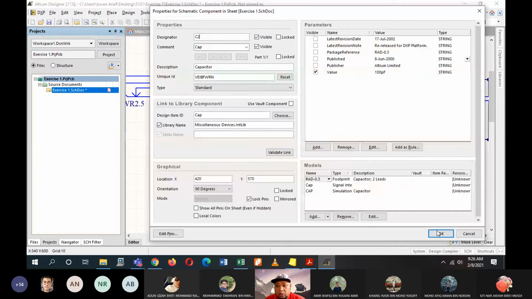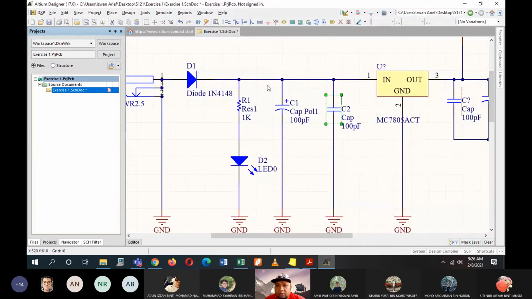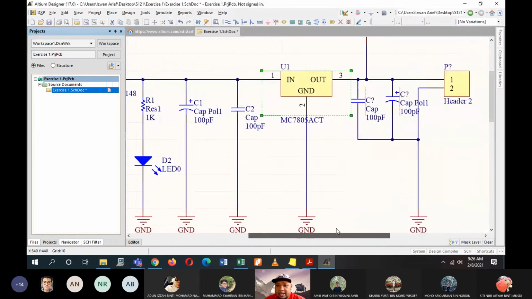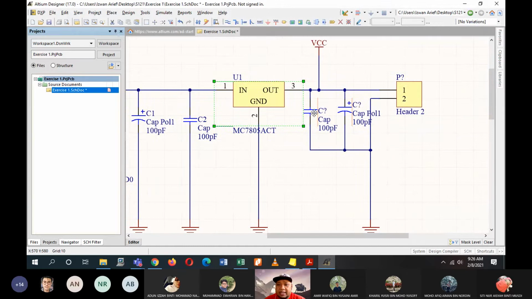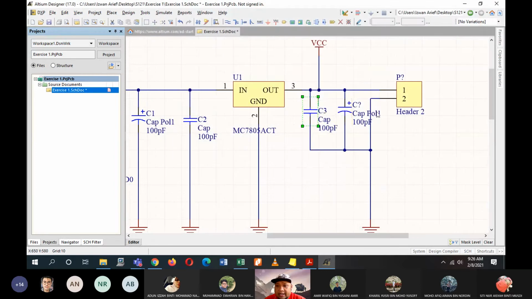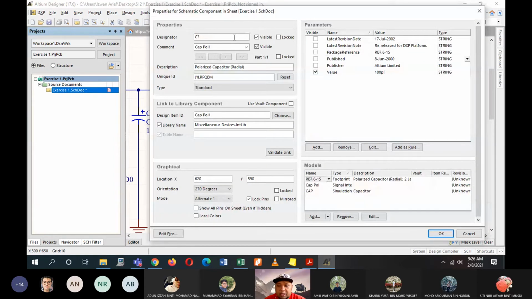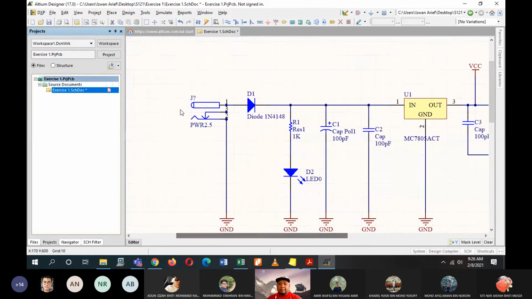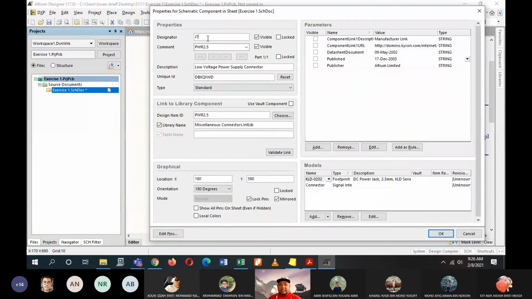Okay, C2, and then this is U1. You have to make a habit of this. Whenever you are designing any electronic circuit, make sure you give them names. Okay, this is the designator of each component. So that should be a habit of you as engineering students. Don't leave them without any specific designator.